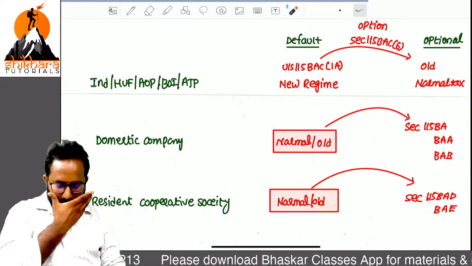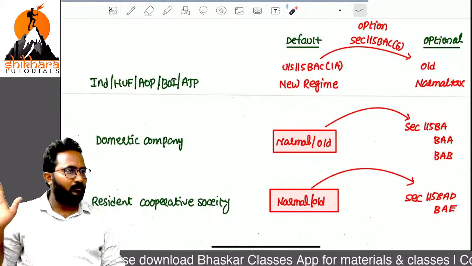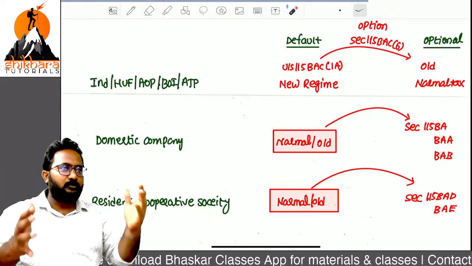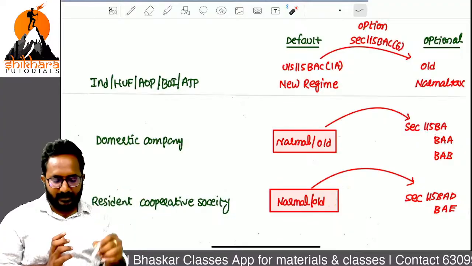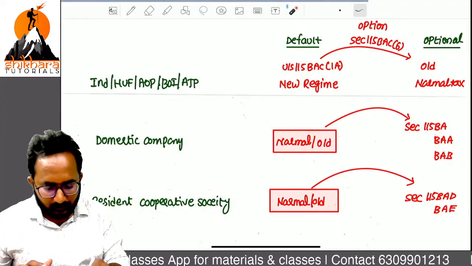Now, I think in person definition, all persons' tax rates we know, and in both the regimes also we know. Only one person is pending, ma. What is that, ma? Cooperative society. Shall we start, ra? Written,